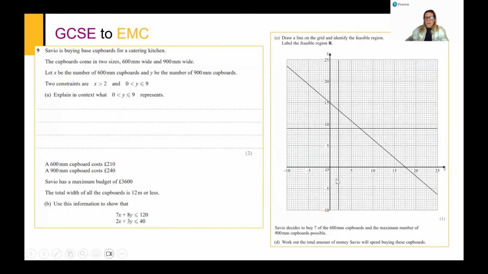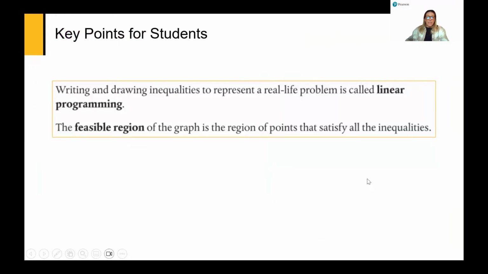Okay, let's have a look at some key notes for students then. When we're using inequalities to represent real life problems, that is all that linear programming is. There's no computer task, there's no, you know, understanding formula within, you know, IT at the moment. I mean, who knows what math study will look like in the future. And then, of course, we talk about the feasible region, and that's the region of points that can satisfy all